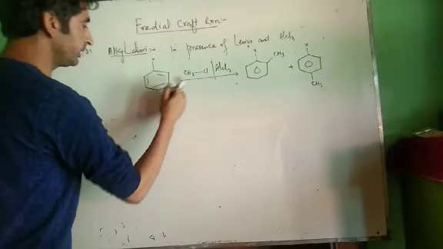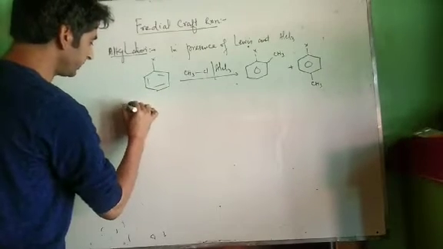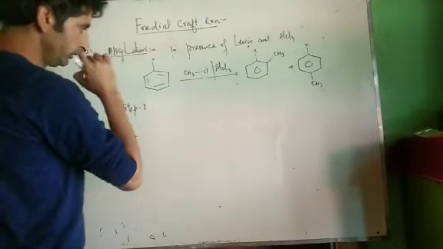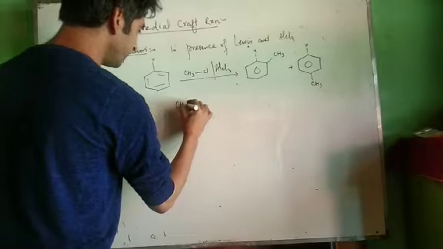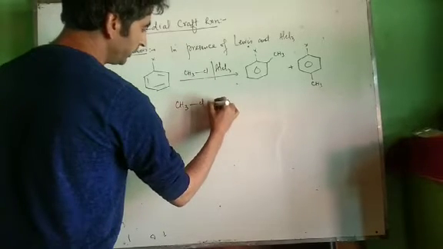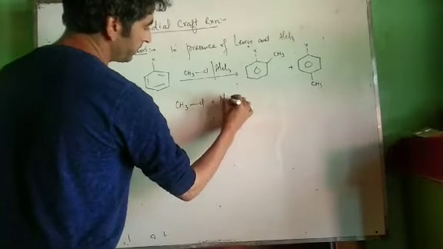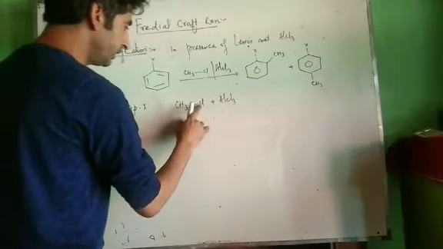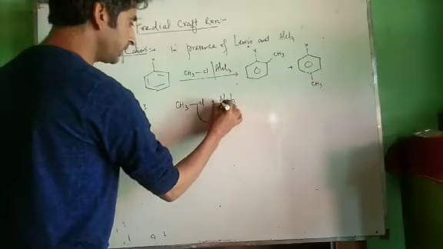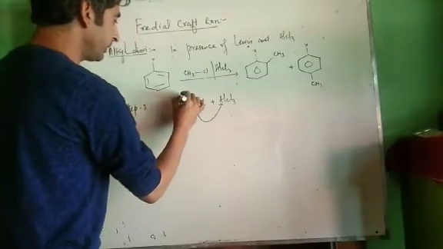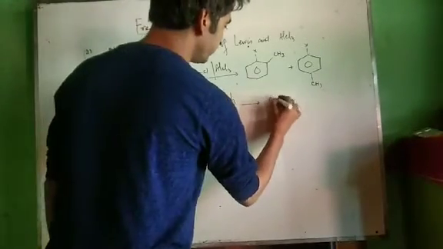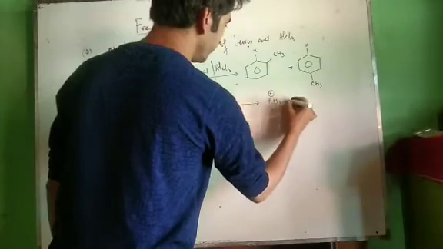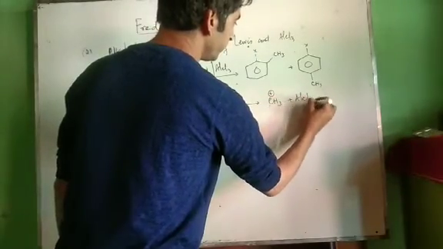Now see how the reaction takes place. Step one of the reaction is generation of the electrophile. The electrophile is generated from CH3Cl and AlCl3. As I already told in the previous lecture, AlCl3 is a Lewis acid. This bond breaks towards this side, it attacks the Lewis acid. Therefore carbon becomes positively charged. We get an electrophile CH3 positive plus AlCl4 negative.